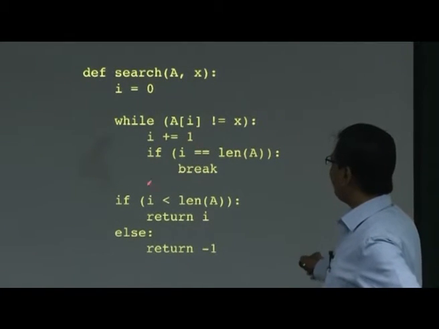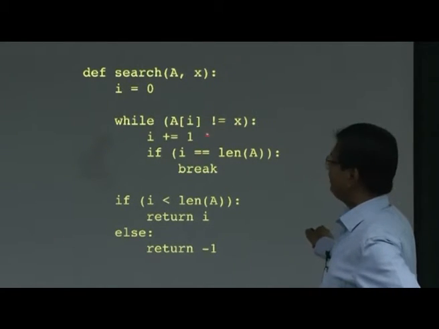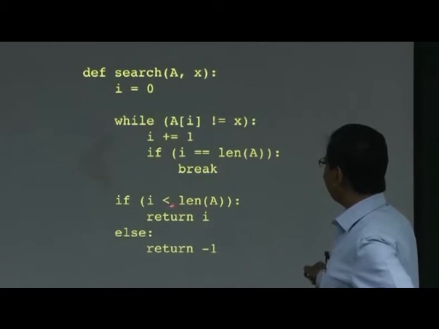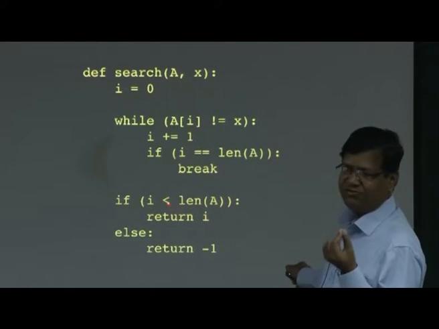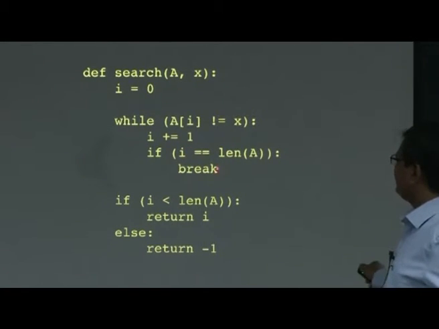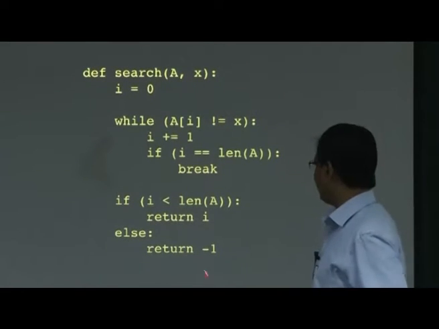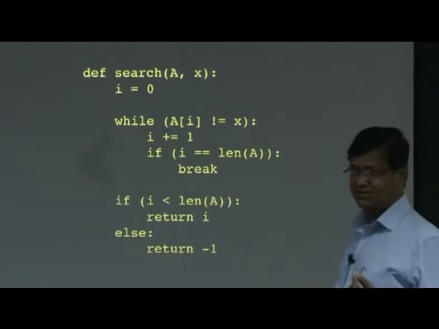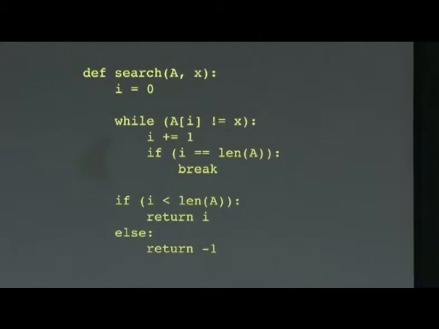Now there are two ways I can come out of the loop, either by this break condition or by satisfying the opposite of this condition. When I satisfy the opposite of this condition, that means i is less than length n, right. So i is the value of your index, but if this condition is satisfied, that means x is not inside the array A, and I should return -1. So this function returns an integer, either the index of array A where x is present or -1.